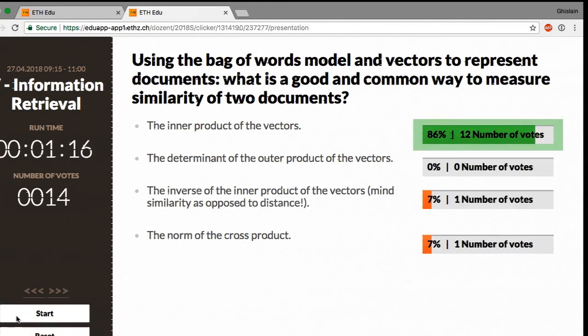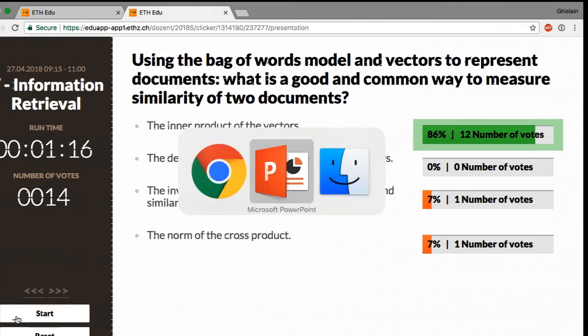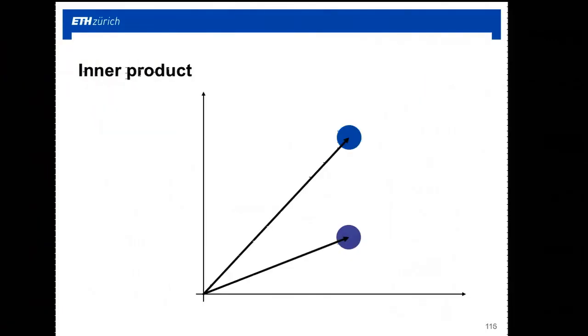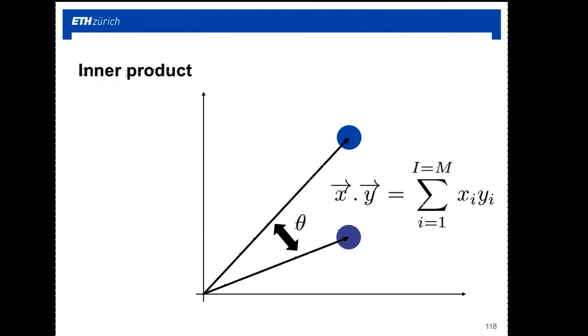And the answer is, because you saw the slides, but I'm sure that you would answer that correctly even if you hadn't seen the slides: the inner product of the vectors. And this is the correct answer, because if you measure the angle here, that's actually what it does. If you do the scalar product, you're actually multiplying the two vectors. Here I'm not using the normalization, but this is to tell you that this is not so nice,